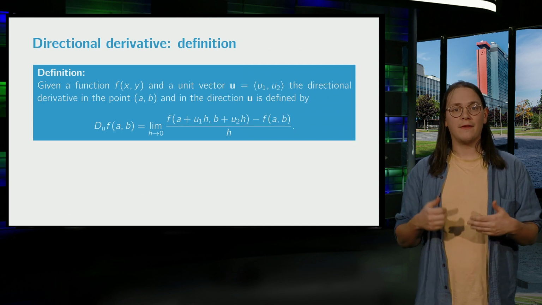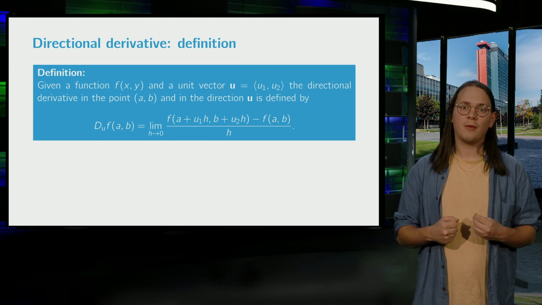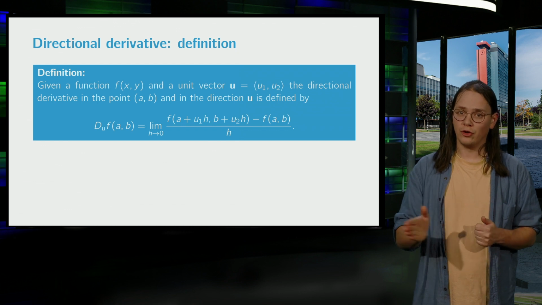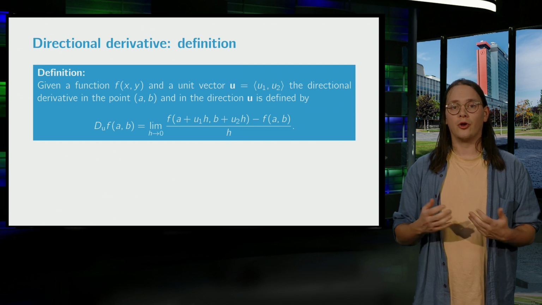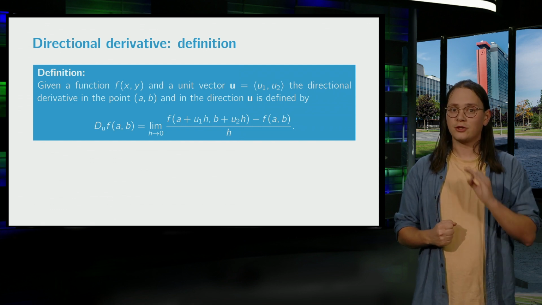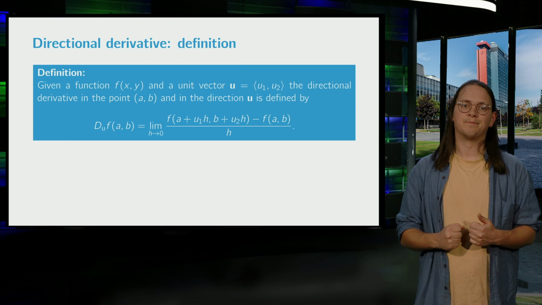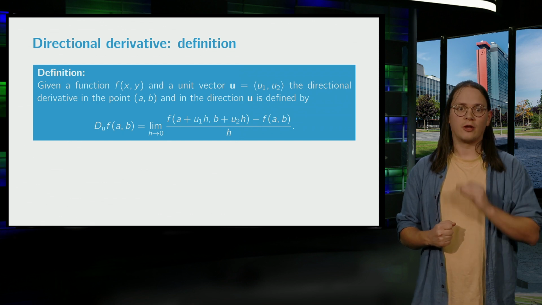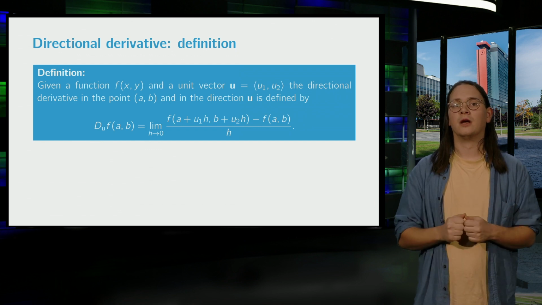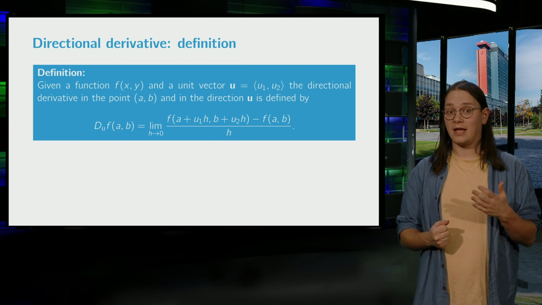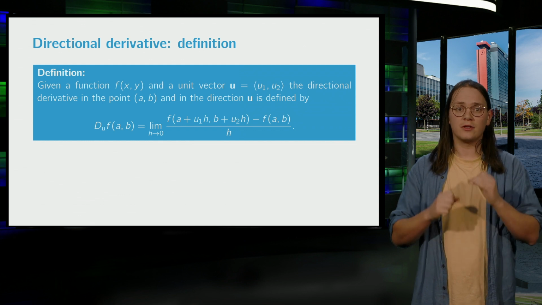Namely, we consider again the limit as the step size h goes to 0 of the quotient, which has the step size in the denominator, and the difference in function value in the u direction in the numerator. Note that it follows that the partial derivatives are directional derivatives in the direction of the standard basis vectors along the x and y axes. We need to consider only one subtlety, however. Vectors have both a direction and a length. Two vectors u1 and u2 with the same direction but different lengths will define the same vertical plane, so they should give us the same directional derivative.